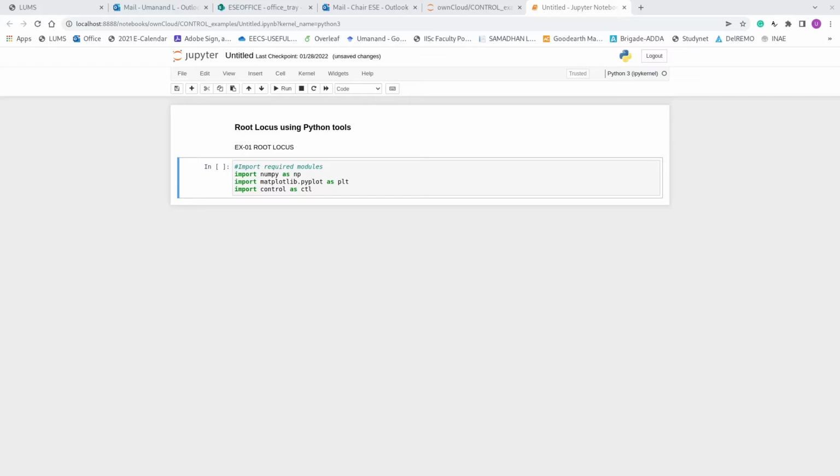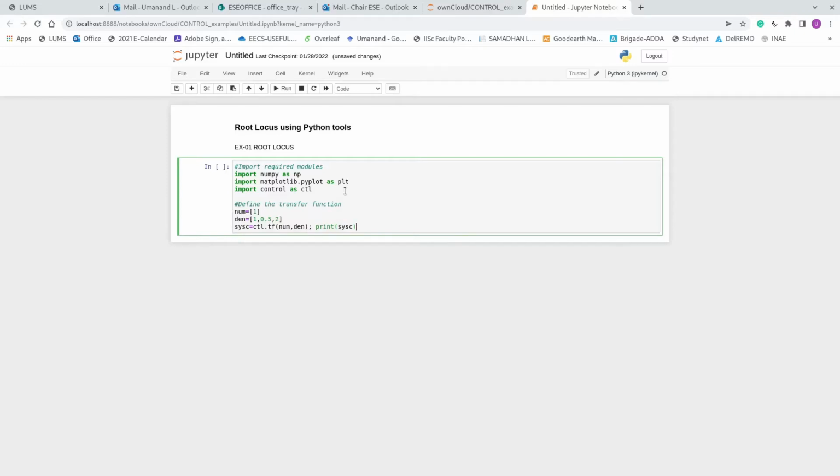So include them, and then we could define the transfer function. Recall that we had actually used a transfer function in the previous examples, Python controls 1, where we had taken a second order transfer function. So numerator is just plain 1, and the denominator is s square plus 0.5s plus 2.